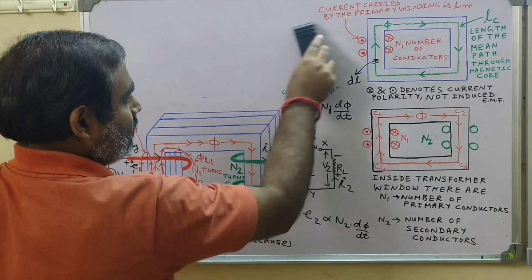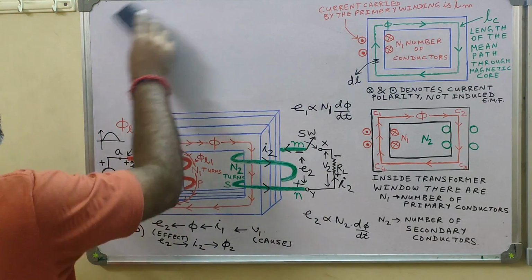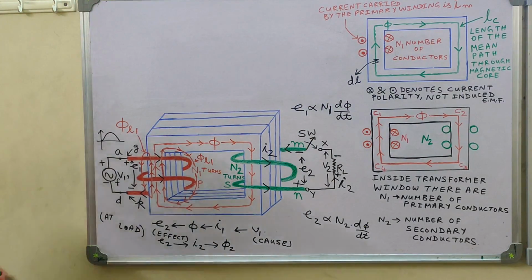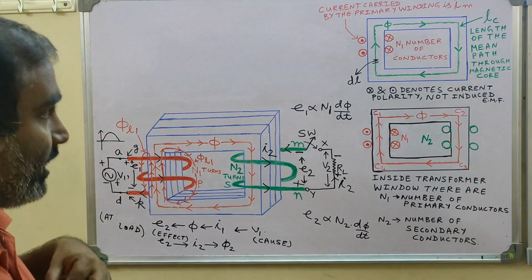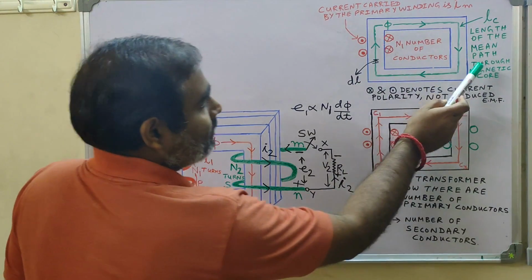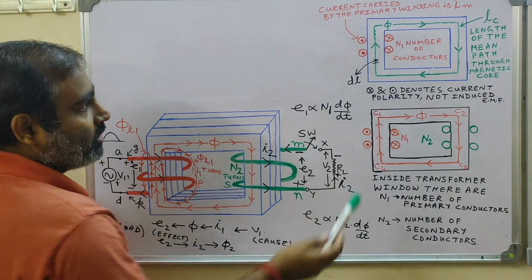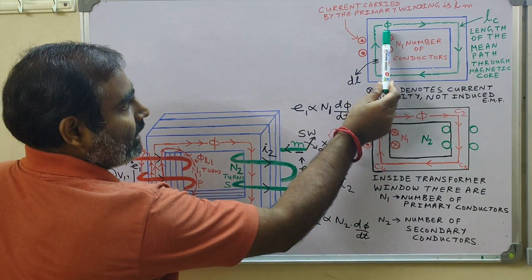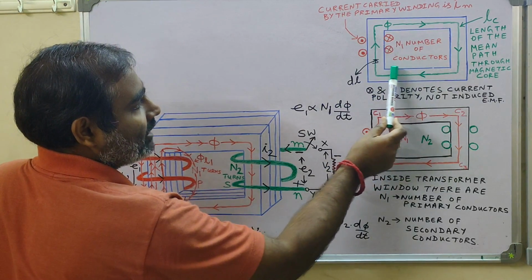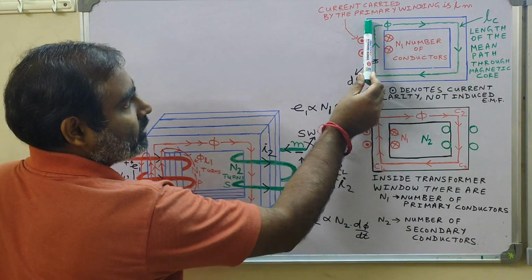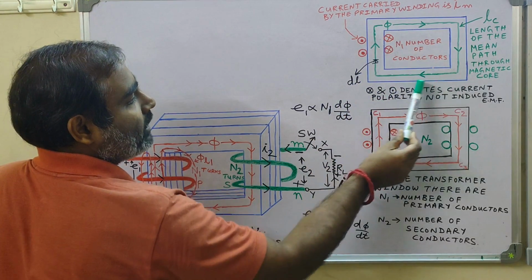So you can see here this term written LC, which we want to get familiar with. This LC is nothing but the length of the mean path through the magnetic pole, because if you choose a path which is through the inner periphery, then that path will be shorter, and if you choose a path which is through the outer periphery, then that path will be larger.